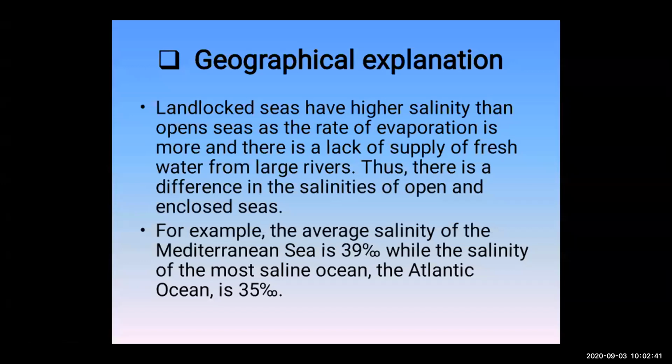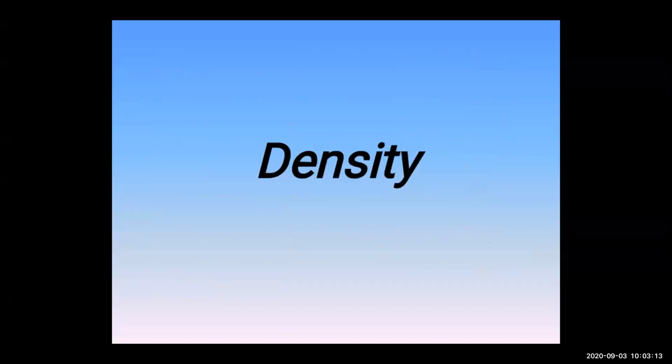Yes. Now, so far we have learned and understood about salinity. What is salinity? What are some geographical explanations about it? We have learned over it, and we have learned with the different heat zones also. Till here we have done salinity, the second major property of seawater. Now let's move forward. We are going to see the third major property of seawater, that is density. This is the last property of seawater, that is density.